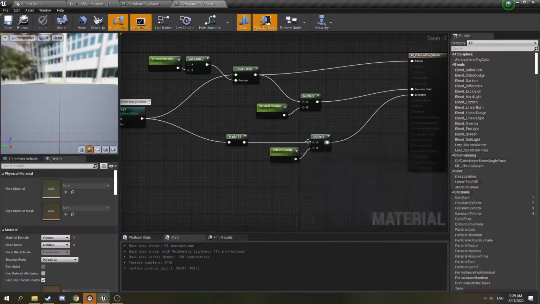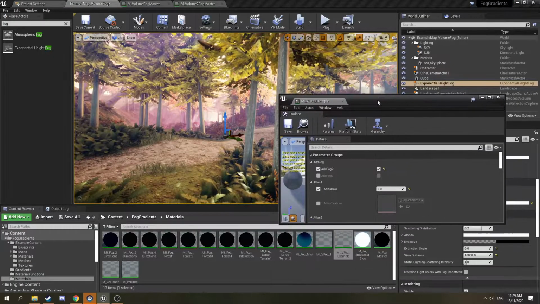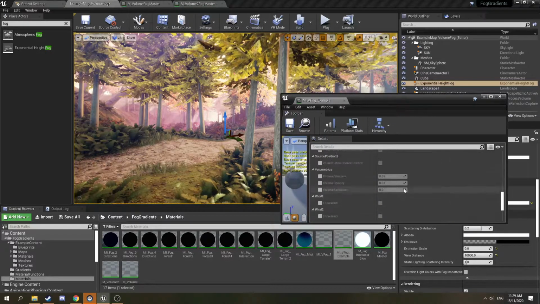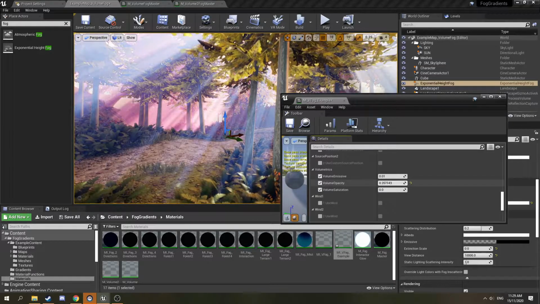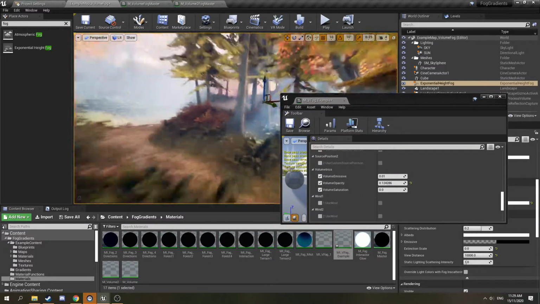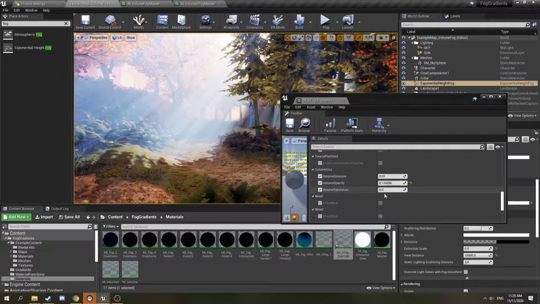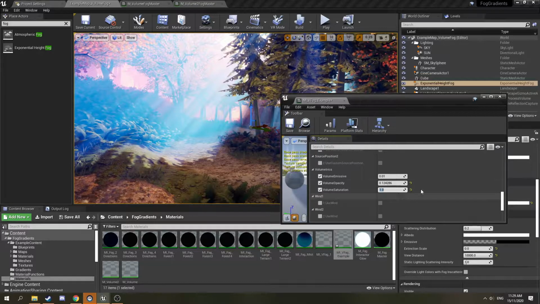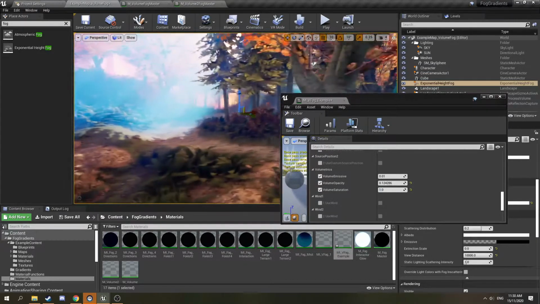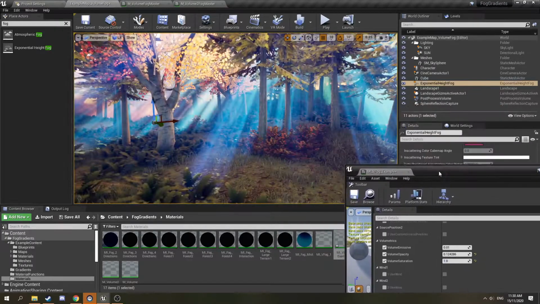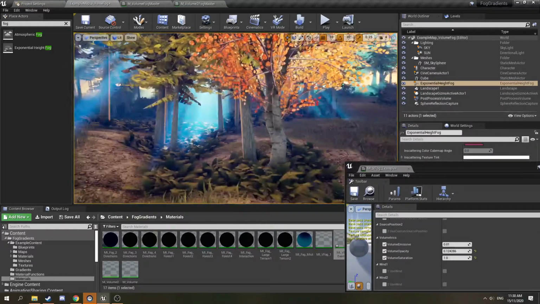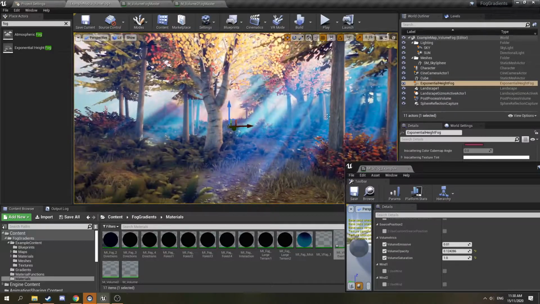If I change some of the settings here, let's bring up the volume opacity, to get a lot stronger shafts of light. You see when we do that, we also lose a bit of saturation, so we've also got that slider in there as well. So we can crank that up to whatever style we want. Obviously this is a bit more stylized. Oh gosh, those light shafts are great. It probably won't look as good right now for you,